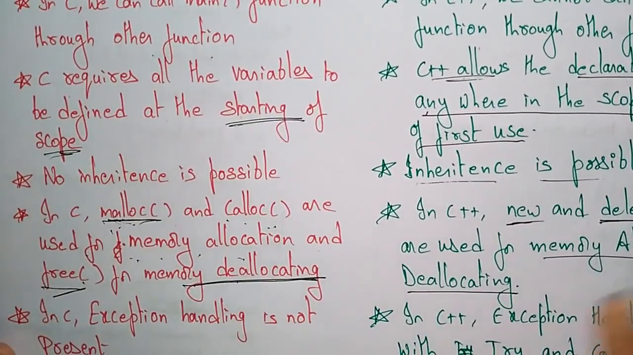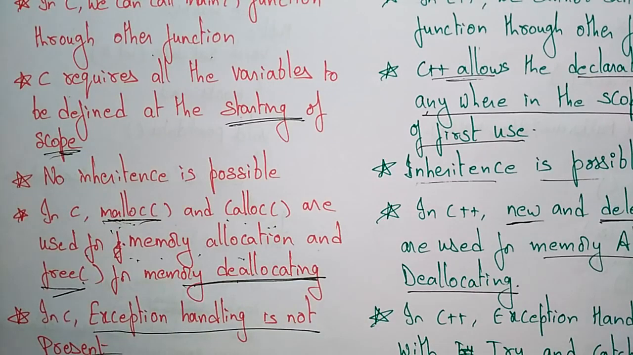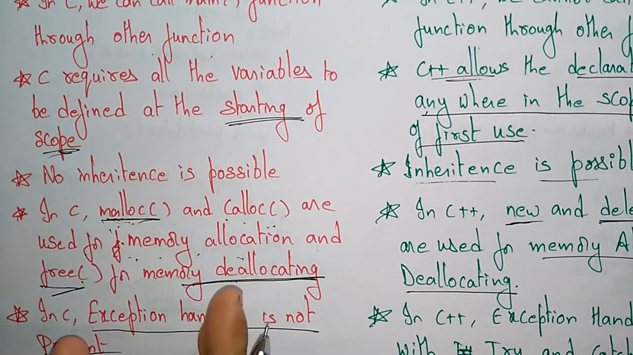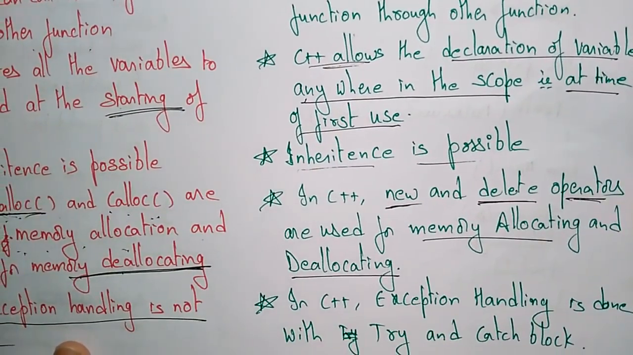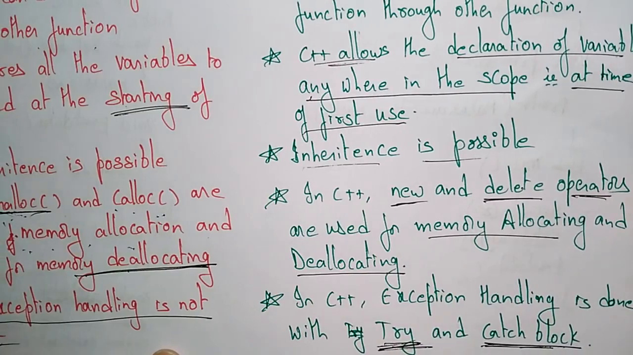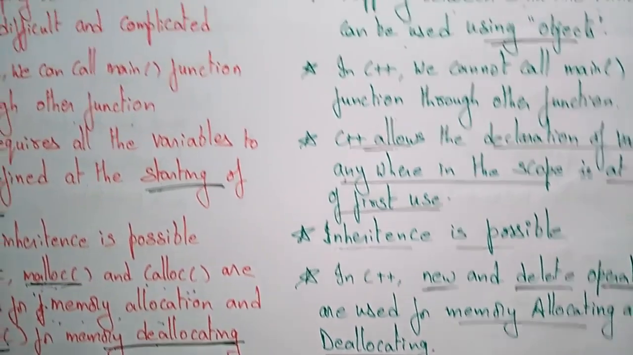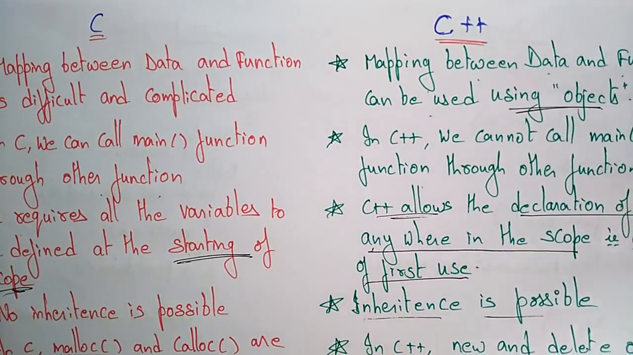Now coming to another difference. In C, exception handling is not present. So whenever the program overflows and an exception occurs, it won't work. Exception handling is not possible in C. Whereas C++ can handle exceptions with the help of try and catch blocks. So if you use try and catch blocks in the switch cases, then you can handle the exception in C++. So let us see one example of how the program will work